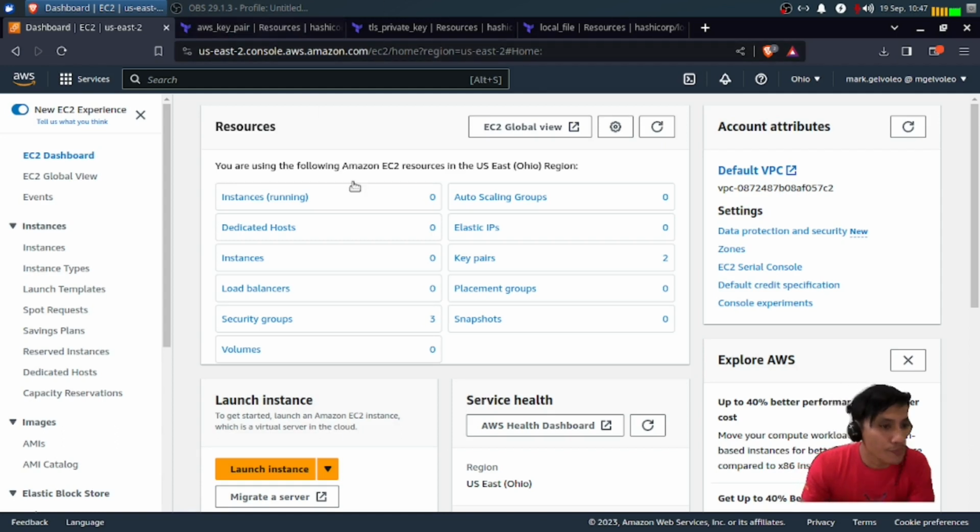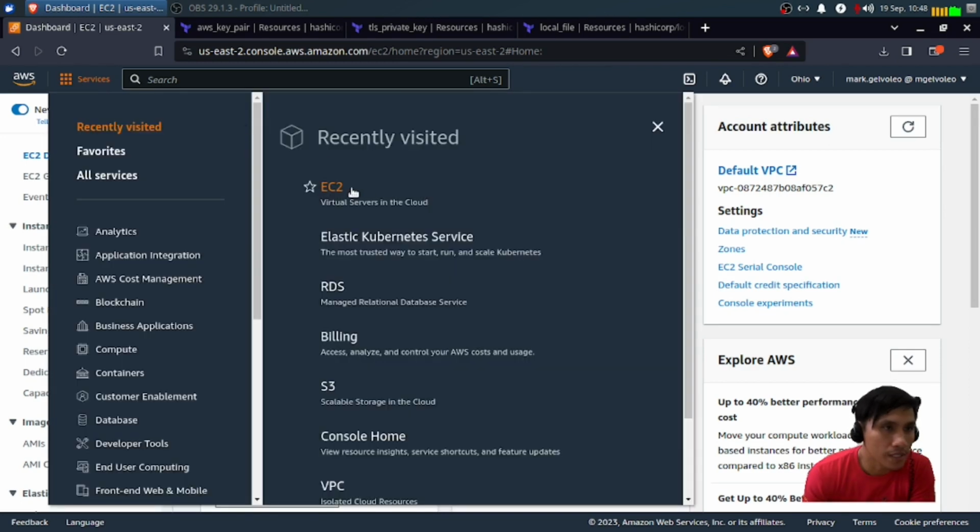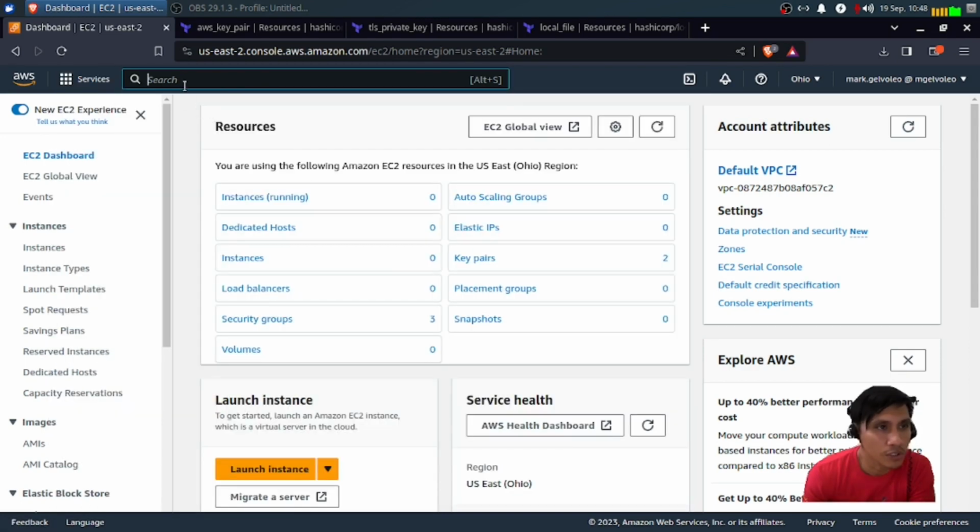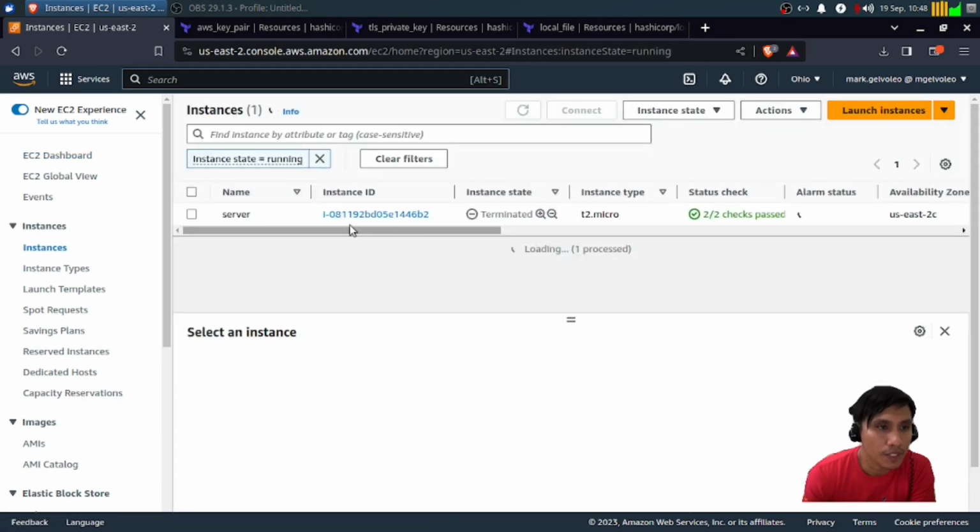Right now, if you're going to create an instance, basically you can go to your services and click EC2, or you can search for EC2 in the search box. So right now, if you go to our dashboard, we're going to create here. As of now, I terminated one server here for our example. So if you're going to create that,